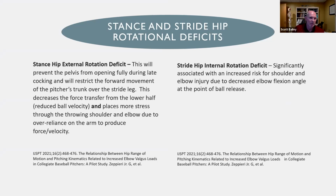So this is some information on the external and internal rotation deficits that was done. And this research was actually in 21, which was really nice to see. And it was done in the International Journal of Sports Medicine. And what they found basically in this study was that stance hip, external rotation,